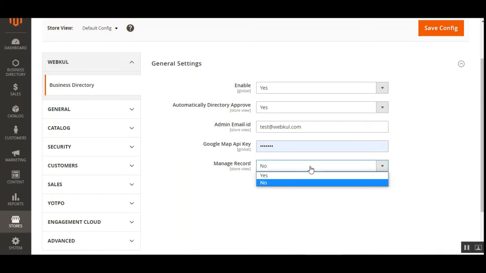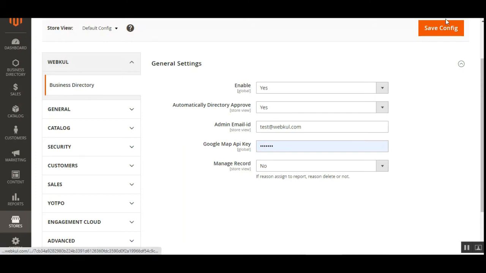And then you can choose to manage the records as yes or no. So if any of the reasons are assigned to a report, whether the reason should be deleted or not, for that you can choose this manage record as yes or no. To save that, choose yes, otherwise choose no to delete or not, and then just save the configuration